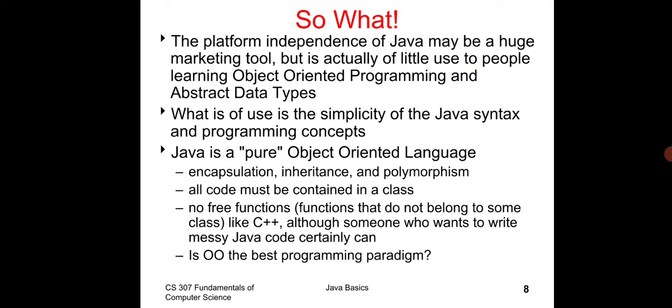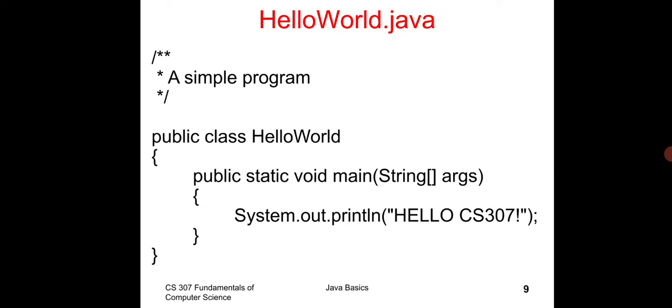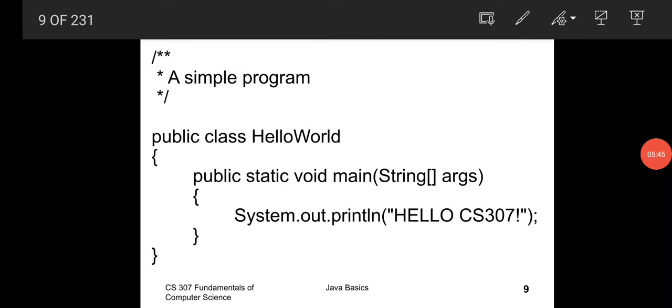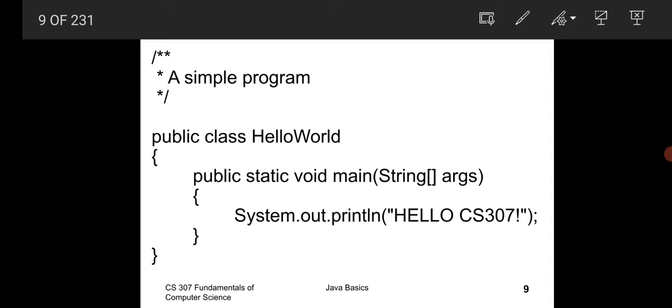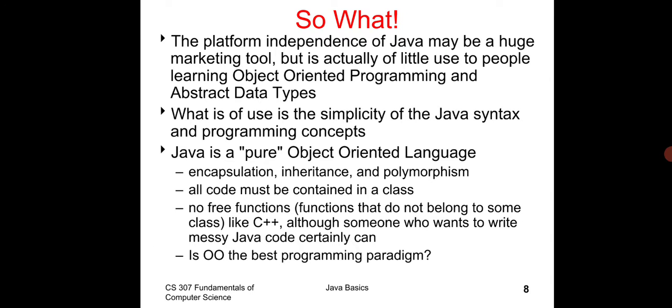Java contains no free functions. We cannot create a class outside Java. We cannot create methods or functions outside the classes. Within the class only we can write the code. That's why we say that it does not have any free function. All code must be inside the class only. All functions must be inside the class only. That's why we say that it is a pure object oriented programming language.